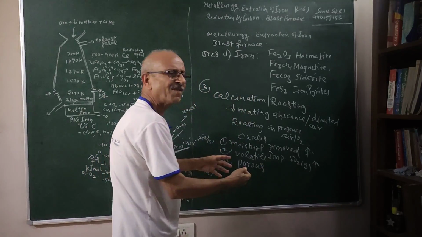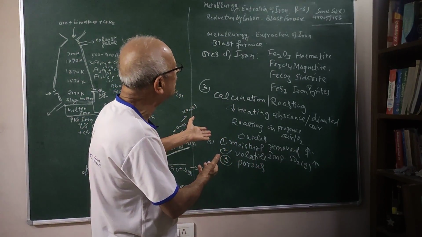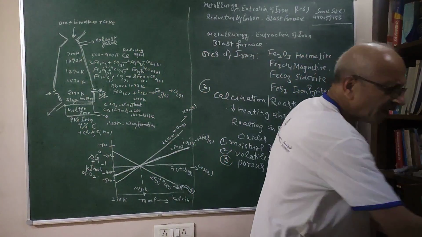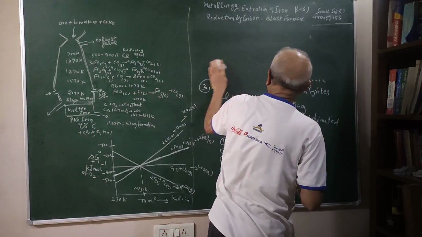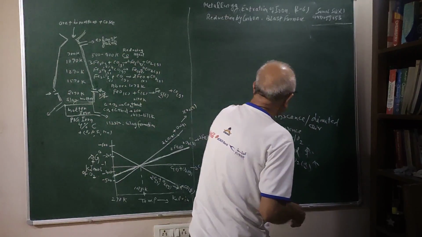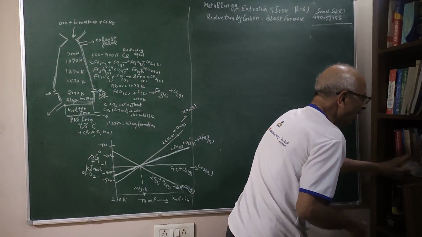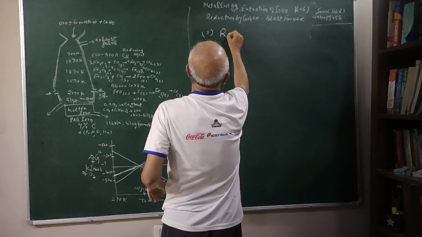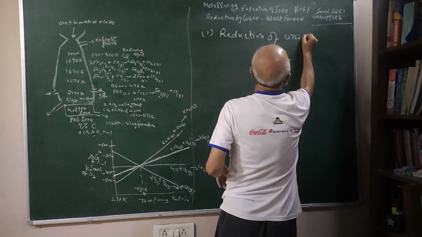So it is easier for us to further do the reduction or smelting process which we are going to do with the oxide of the iron. So this is the preliminary treatment of the ores of the iron. Now let us see what else will happen, because this is a very important extraction. We will be discussing the principles of the extraction, or the step I am talking about is the reduction of oxides of iron.